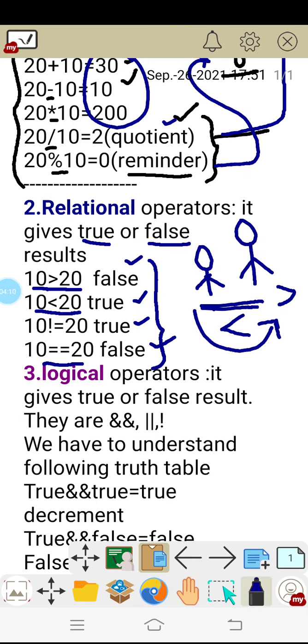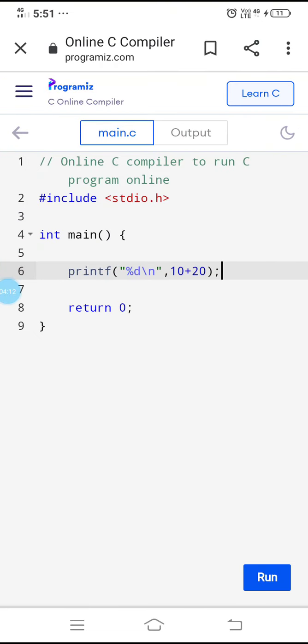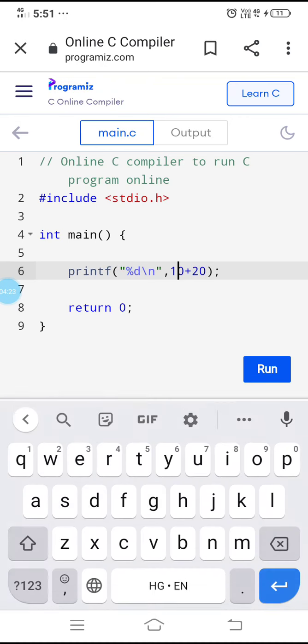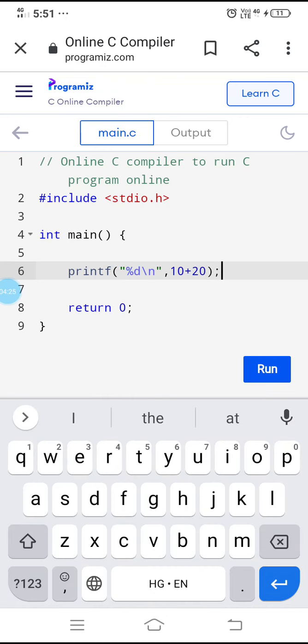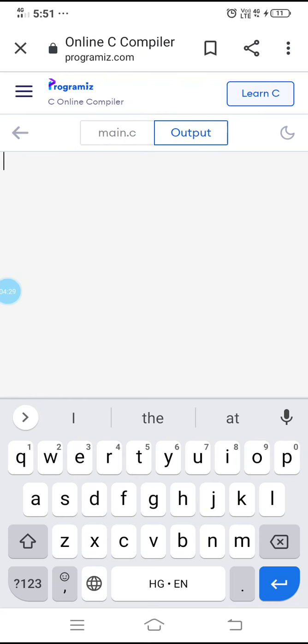Now let us go for the practical and try to understand the arithmetic operators first. This is the online compiler program. I am adding 10 and 20 here, and the result should be 30. What we have understood in theory, we want to conclude by practical. So run it: 10 plus 20 is 30.